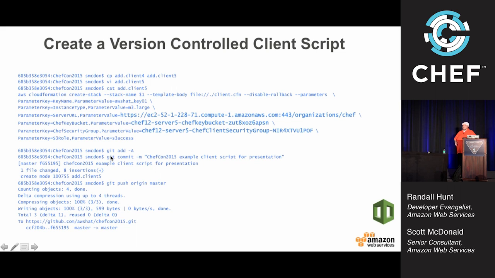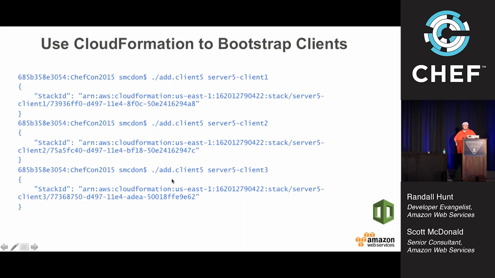And also, it's not version control if you don't commit it, so I went ahead and committed these examples and pushed those up to GitHub. Now it becomes a simple matter to create multiple clients of just rerunning the exact same script and passing in a different argument. So be thinking CI/CD pipelines here, be thinking Jenkins, et cetera, and how you could use these things from Jenkins jobs to use the same template under version control that doesn't need to be changed to create different dynamic environments. So first thing I do is I run add client 5,